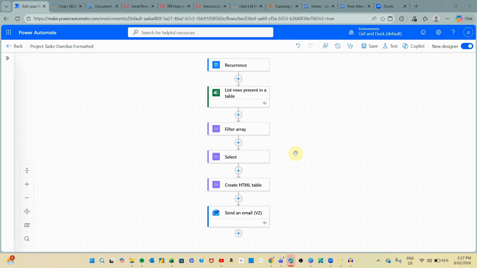So as I mentioned, with the output we got from our filter array previously, which we then directly created our HTML table from, which we then emailed to our project manager, there is a way to make the data a bit more, shall we say, better presented. For example, the date can be interpreted from the serial number into an actual date to make it a bit more legible. So to achieve that, we would add an extra step, which I've already done here,